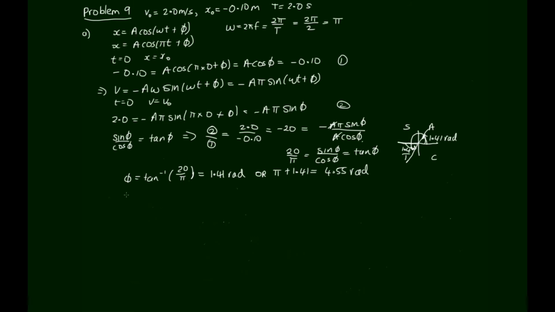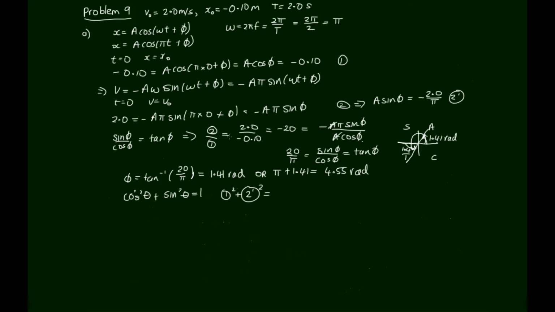So to get the amplitude, we're going to make use of another trigonometric relationship, which is that cos squared theta plus sine squared theta is equal to 1. So to make use of this, we can do 1 squared, and now we would like 2 to be in a similar format to this. So let's just rearrange it and get 2 dash. So we have a sine phi is equal to minus 2 over pi. And let's call this 2 dash. Okay, so 1 squared plus 2 dash squared